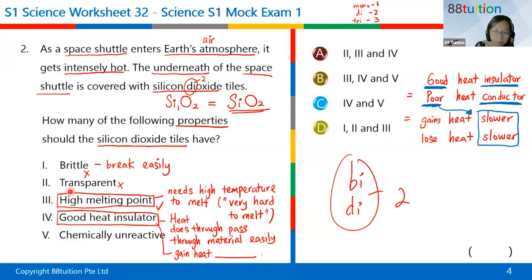All right. So I teach you how to remember. You always look at the word conductor. If it's poor conductor, think of it as a poor runner. If you're a poor runner, imagine you're a marathon runner, your speed will be slower, right? Good job, Kiran. Good job, Arjun. You can see the word conductor. So don't go and see the word good. If I'm a good runner, my speed will be faster, then you say faster, which is wrong. So always consider the word conductor. So a good heat insulator is the same meaning as being a poor heat conductor. All right. So this material is a good heat insulator. It means this material